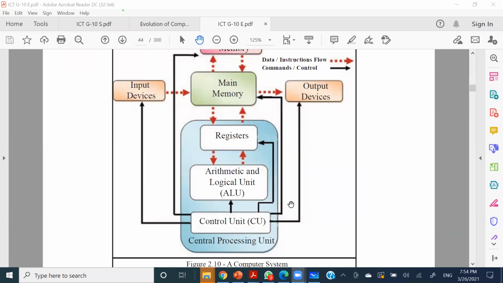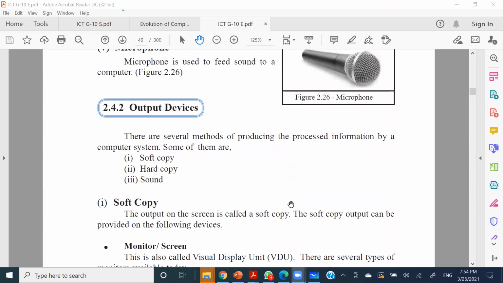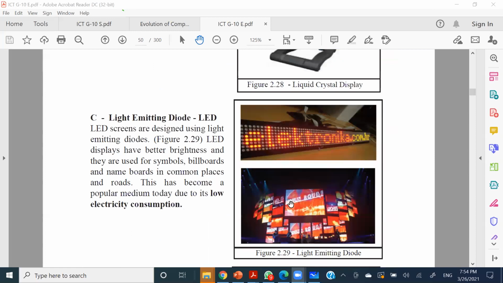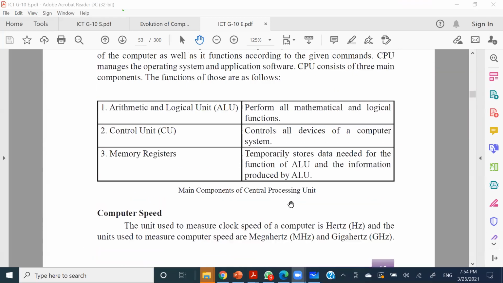So in here, under the central processing unit heading, you have the same thing that they have described about these three components, which we call the arithmetic and logic unit, control unit, and the memory registers. So control unit is there to send the control signals to all the